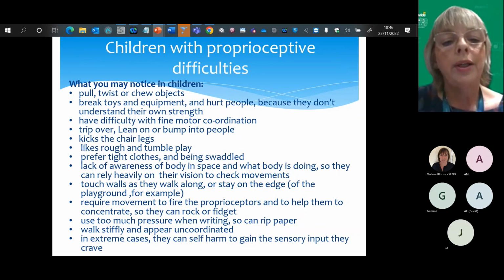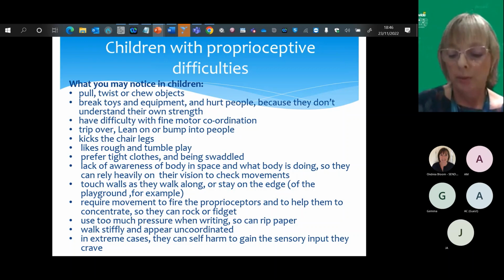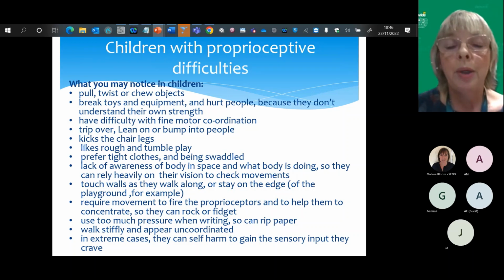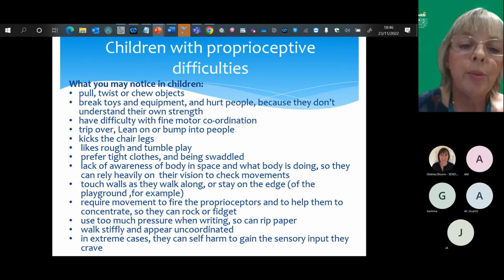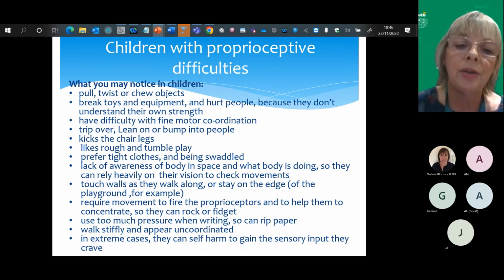If you can't organise your fingers and get your pressure right, you're going to really struggle with handwriting. So handwriting is a big indicator of proprioceptive difficulties. When I'm working with children with handwriting difficulties, I talk about them being either my ticklers or my engravers. They'll either press much too hard and break the pencil, or they will literally hardly touch the paper so you can't read it. And that is an indication that there's a proprioceptive problem